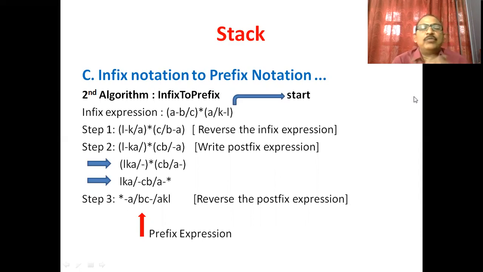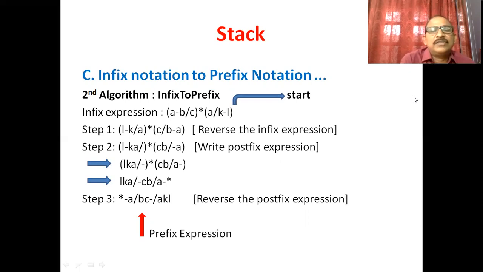First write the operand followed by the operator. So K A followed by the operator into C divided by B, means in postfix expression you may write it as C B followed by the division operator minus A.